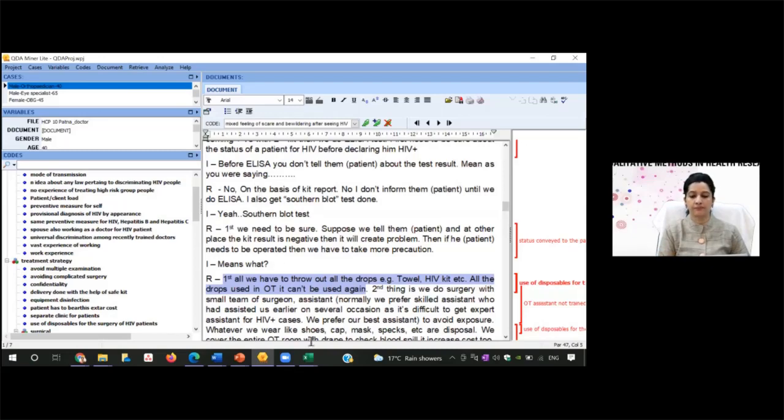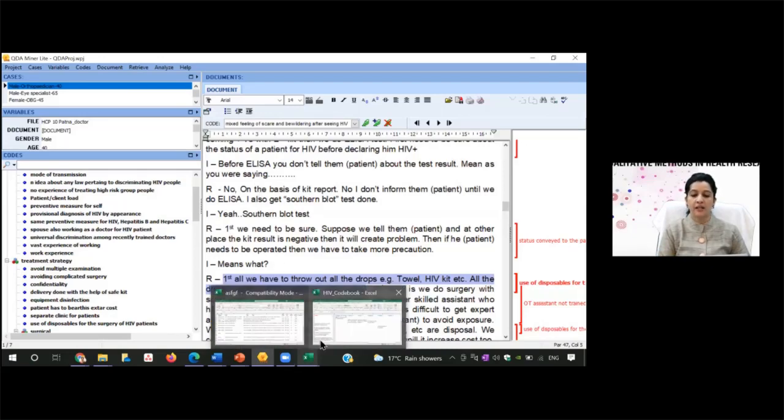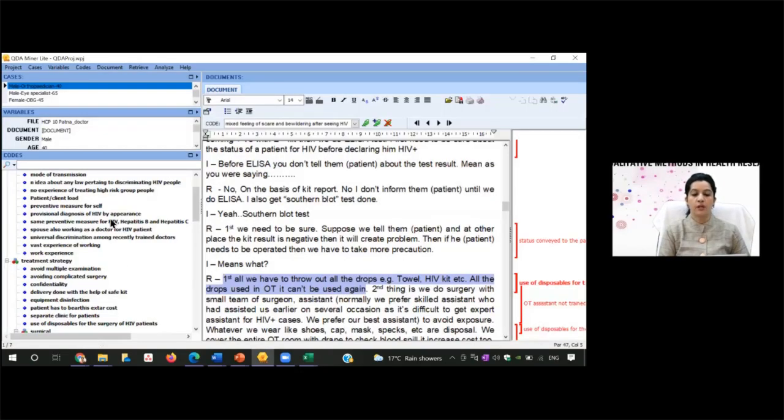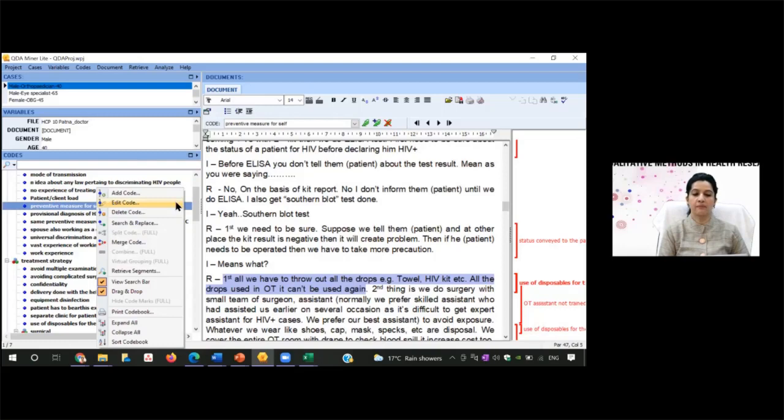And then you can have a printout of this. So what I did at that time, I did it on a Word document. I did some manual coding and then I took a printout of this and then I went back, maybe we did it on NVivo. So then I put a category again by edit code. So I again right click because that hard copy is there with me. So that thinking process I have already done. So now I have to enter manually that category here under that code, category or theme, whatever you say.